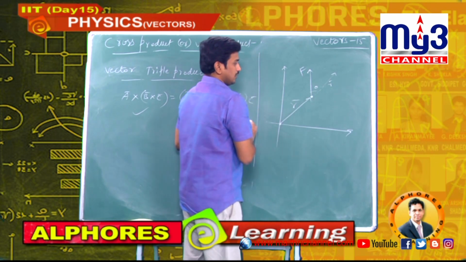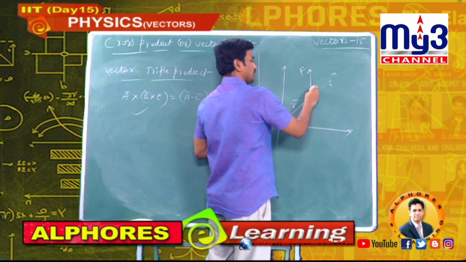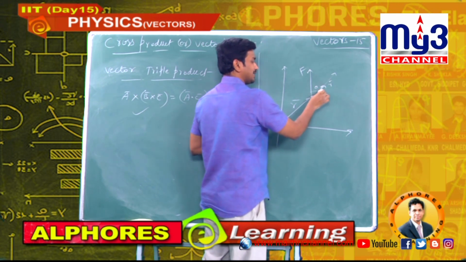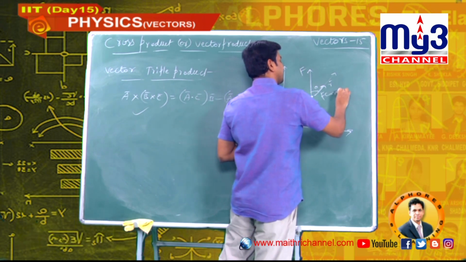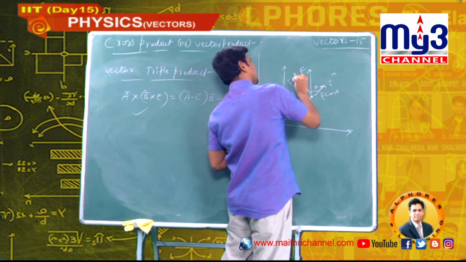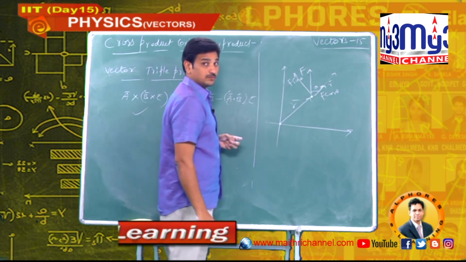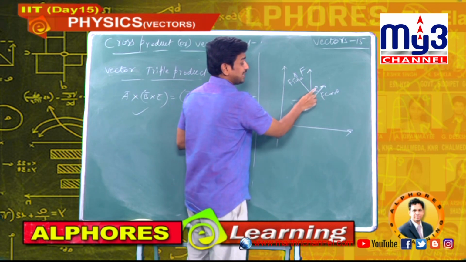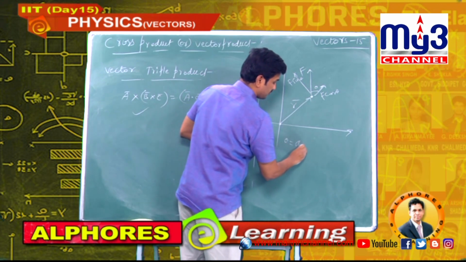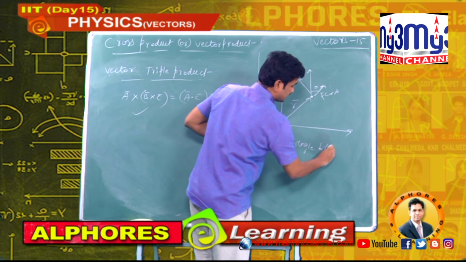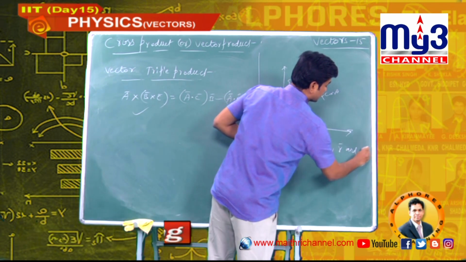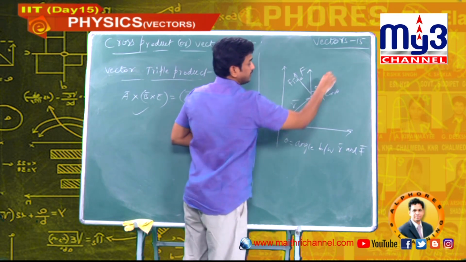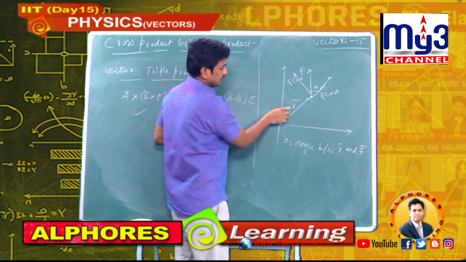Now here, this is theta, no? This side, what is the force? The adjacent side of theta is F cos theta. This side is F sin theta. Now here, theta is the angle between R bar and F bar. Just now I have shown you: this side F cos theta, this side F sin theta. See here, these two are perpendicular.